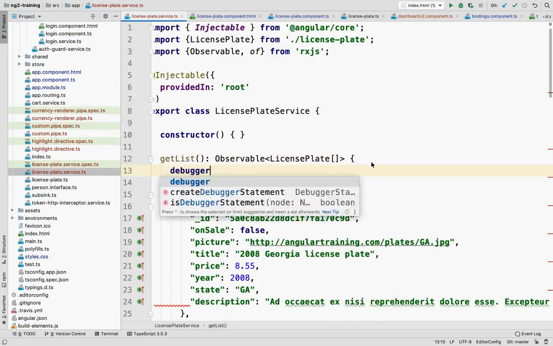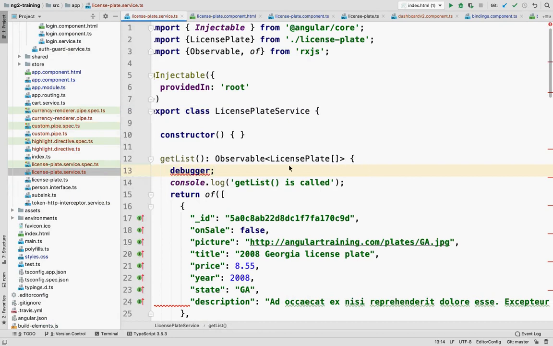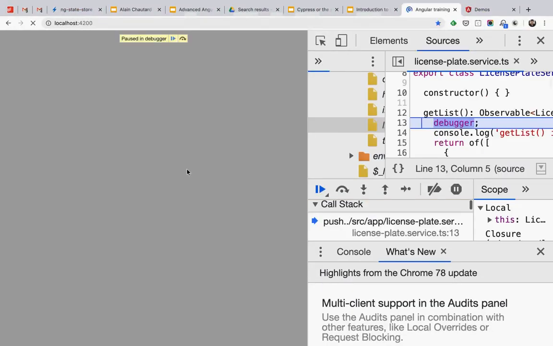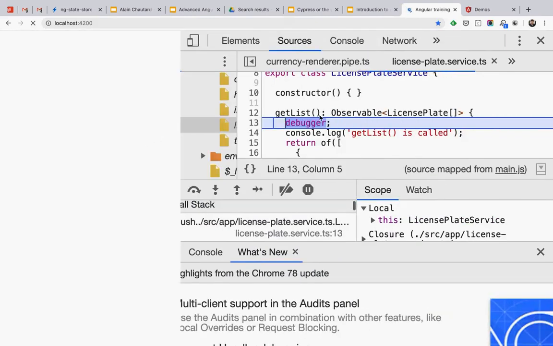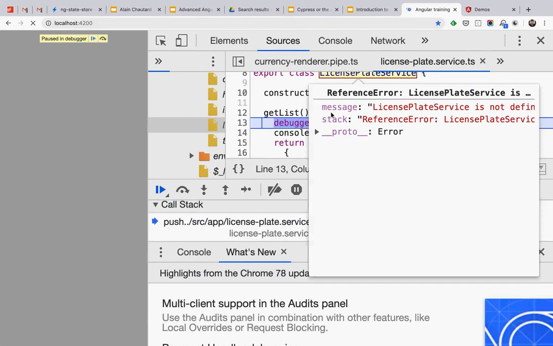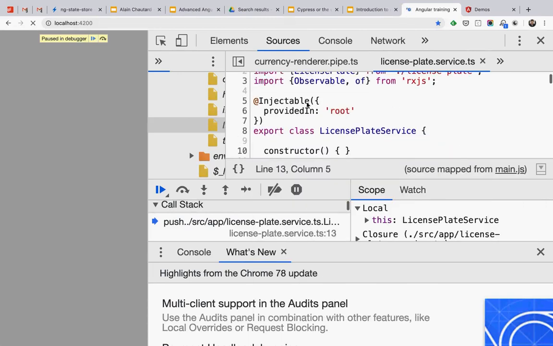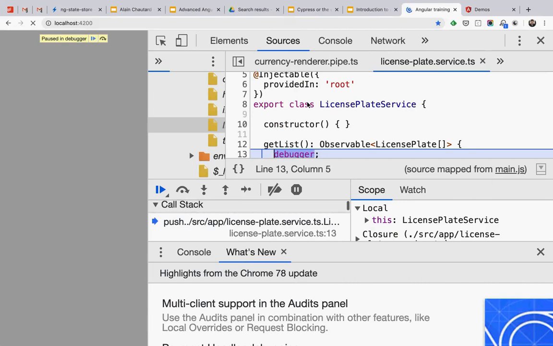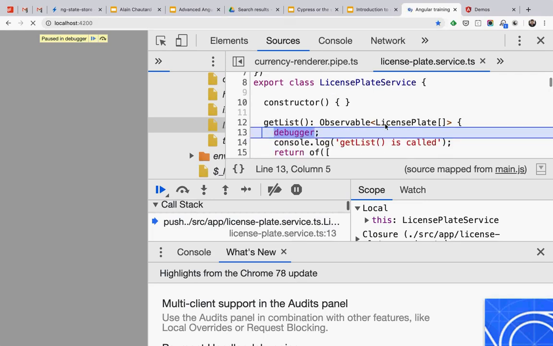Maybe here. So I'm adding a debugger statement in my TypeScript or JavaScript for that matter. This is a breakpoint. So when I go back to my app, now it stops on that breakpoint. And as you can see, what I'm debugging here is my TypeScript code. This is my TypeScript stuff. It's not JavaScript. So even if my browser is running JavaScript, that was compiled and is very different from that code, the way it's done is I can still debug step by step using